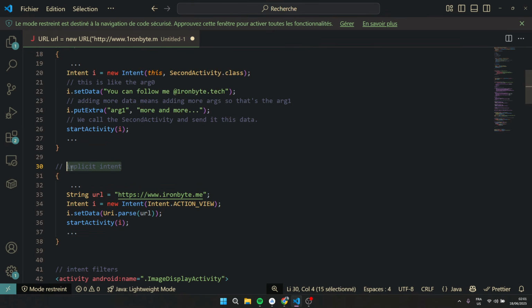The implicit intent is basically to outside applications. In this example we created a URL with this link. We create a new intent. We say that we want action view, which means that we want to access this link. So we set the data and we start the activity.